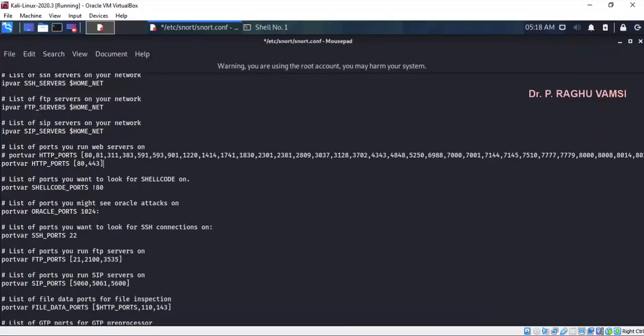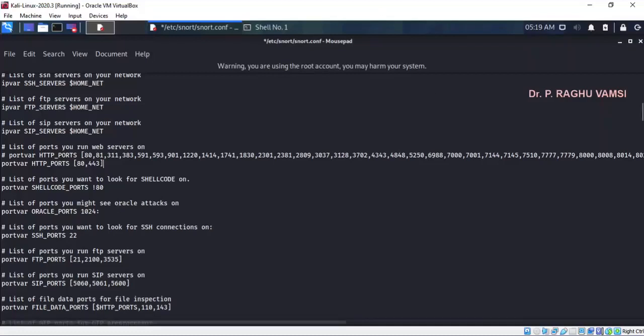So you can ignore the remaining ports. It will improve the accuracy. Or instead of saying accuracy, you can say it will improve the speed of detecting the attacks. So in general, these are the default settings. In general, they will place everything in this. But the only thing that you are supposed to focus on is the specific ports that your system is running with.